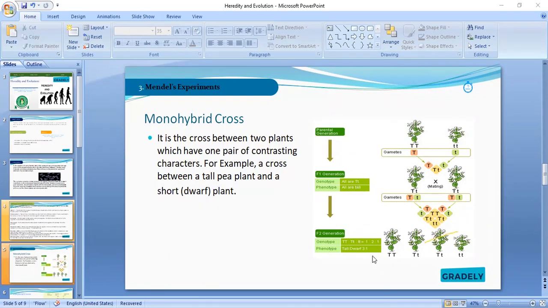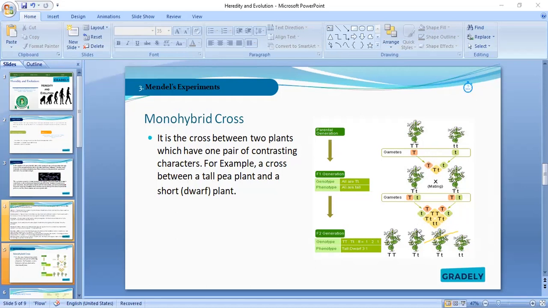I told you that we have what we call dominant and we have what we call what? A recessive character. Dominant simply means I'm overpowering the recessive. Capital T is always dominant. So because we have capital T, we have one tall. Capital T small t is another tall, but it's a heterozygous tall, because it has a character of shortness in it. It is having a contrasting character. That's why it is called what? A heterozygous character. I hope you follow me.